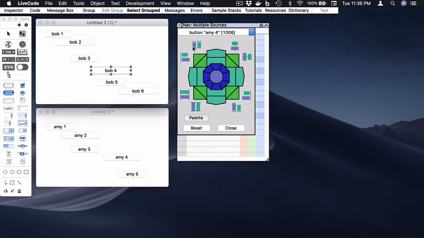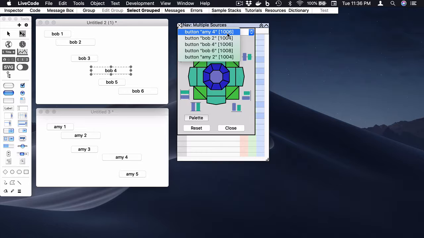Around the outside are Navigator's alignment and conformity tools, and this is where the pop-up menu at the top of the Size Location Editor's display really comes into play. Whatever object is selected in the menu will be the template for alignment and conformity. It starts out displaying whatever object I clicked last in Navigator before opening the editor, but I can select any